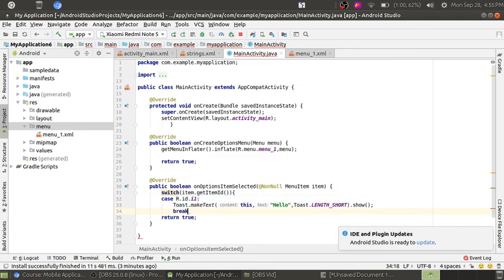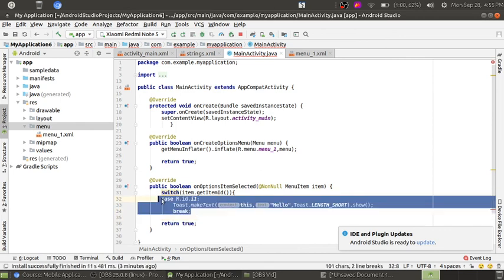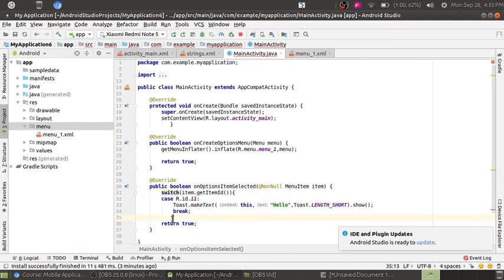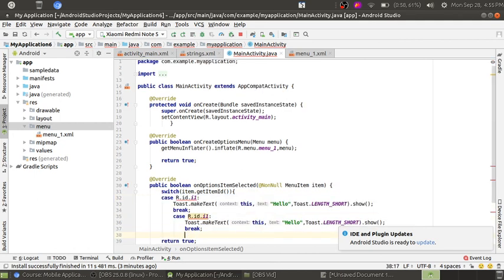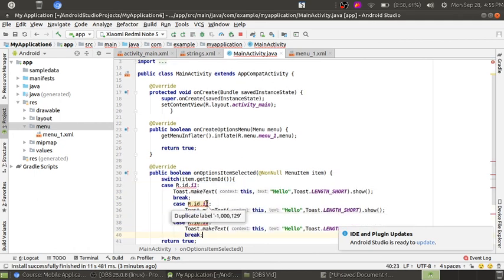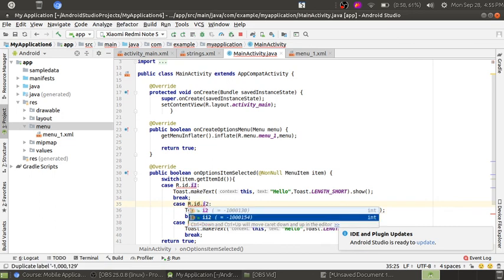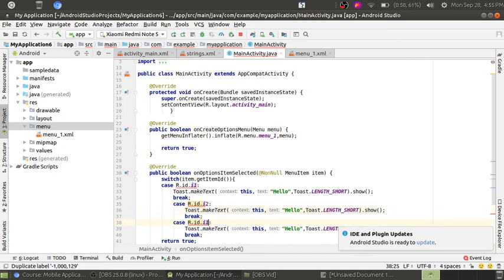Now I am breaking it. So same, I am copying this for the other items. I need 3 cases where I used I2, I3, hello.